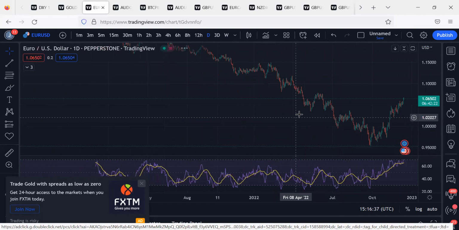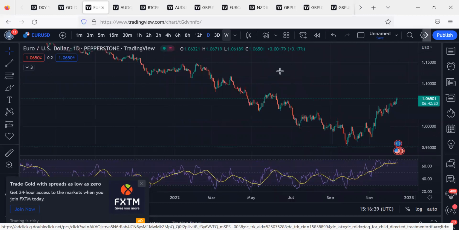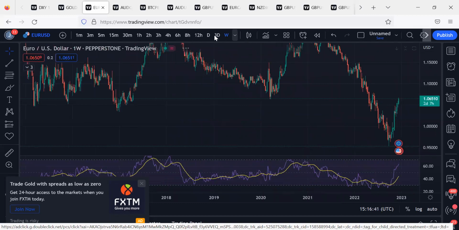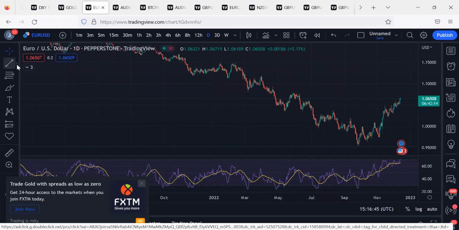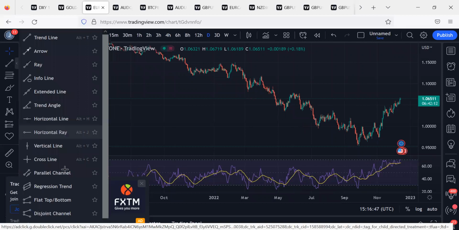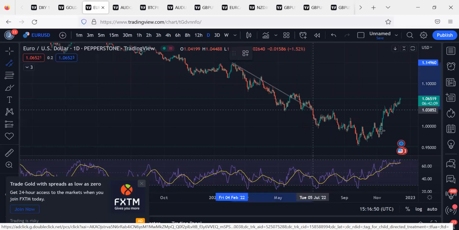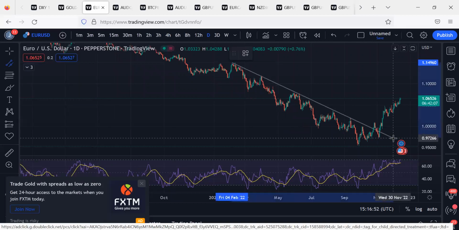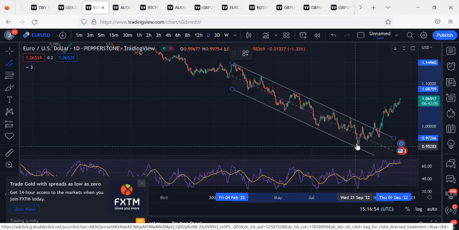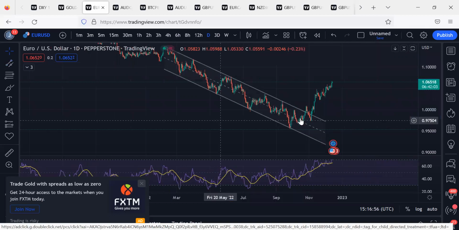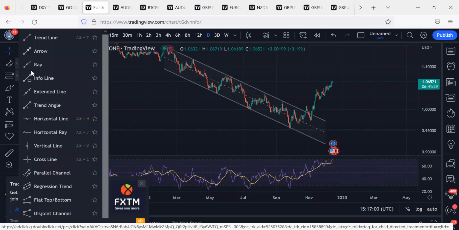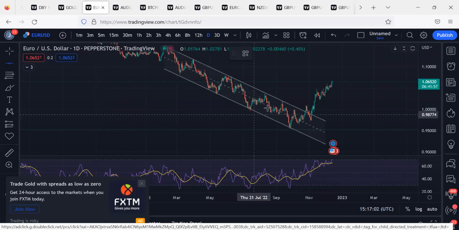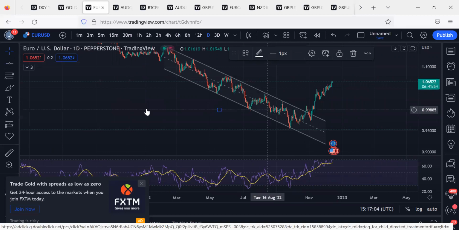So on the daily, you can see that, let me see, it was not clean enough. So on the daily, you can see that we have been on this descending channel, same thing that is happening on gold right now, this EURUSD. Now we had an area of value here. We had an area of value here. Here we had